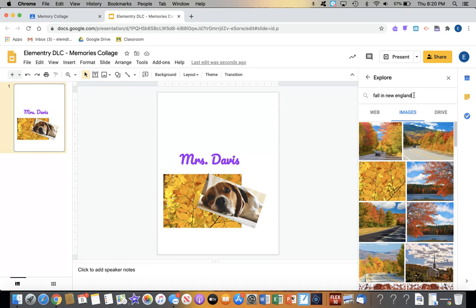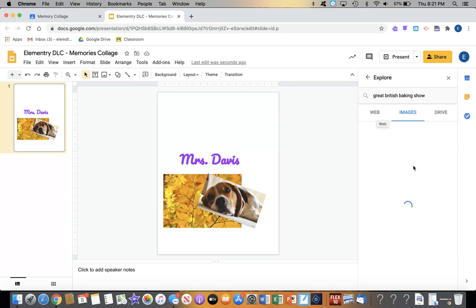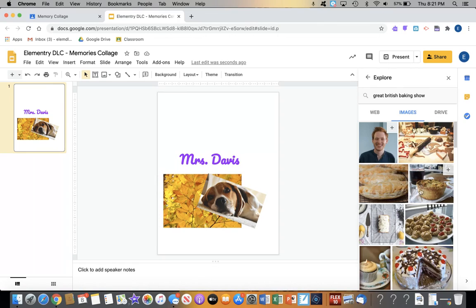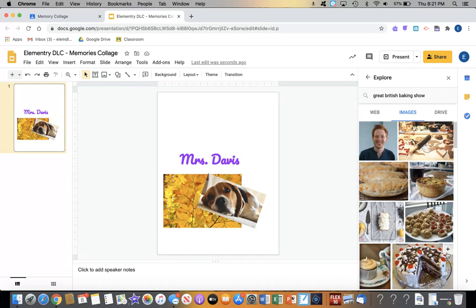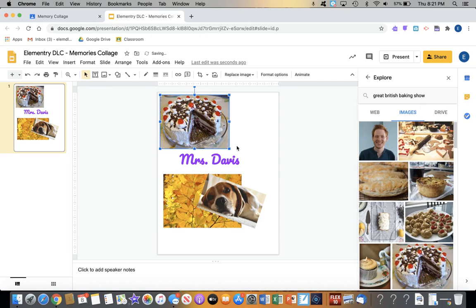Let's try one more. I like to bake, and I love to watch the Great British Baking Show. I'm going to look for a picture from the Great British Baking Show. This cake looks pretty yummy. I'm going to choose the cake, get rid of the link, and I just want to show you one